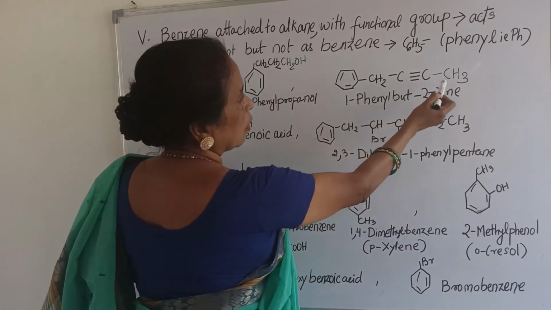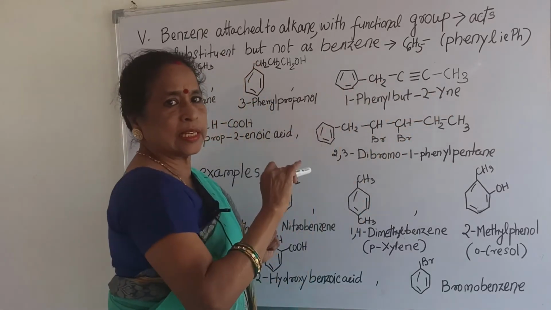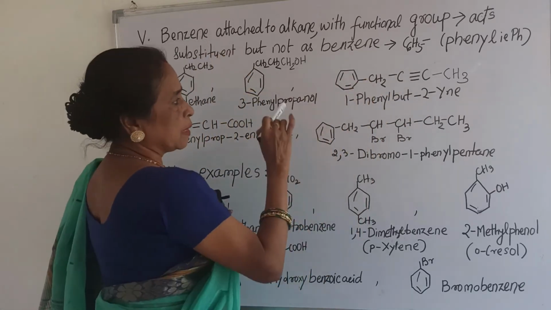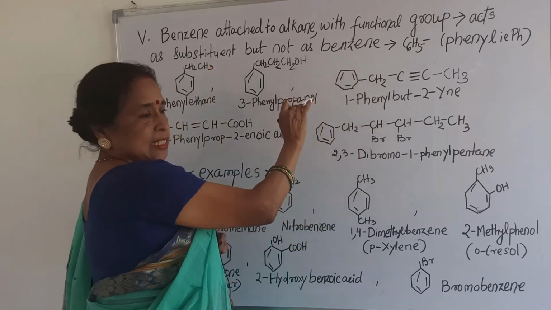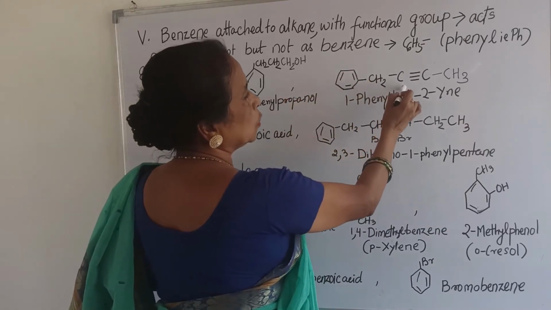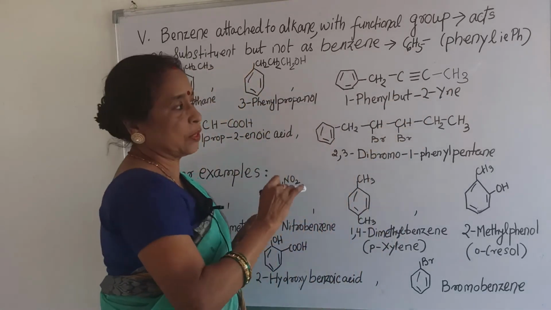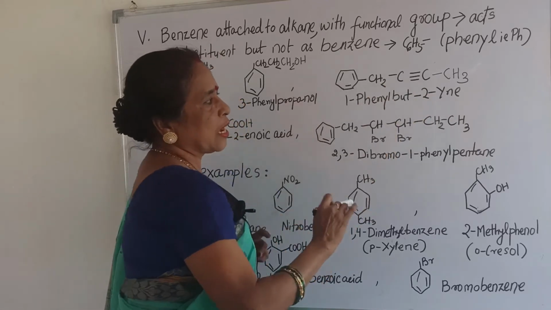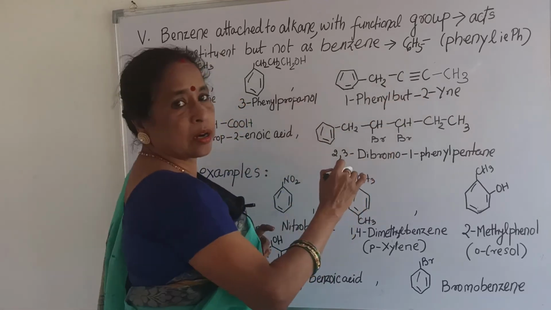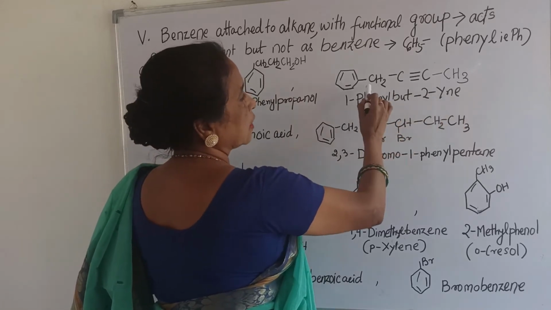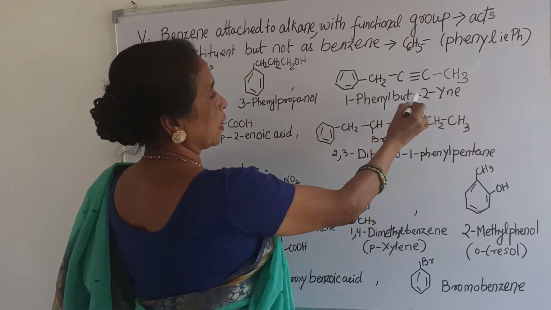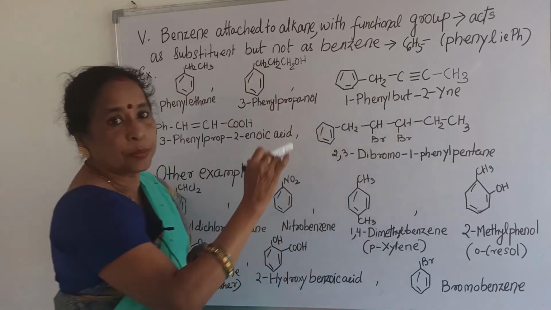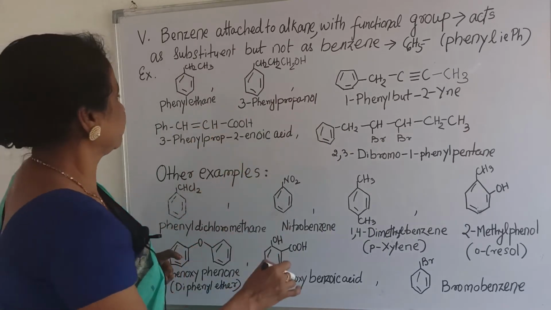And here you can say 1, 2, after 2 there is a triple bond, this side also after 2 there is a triple bond, but the question is here one phenyl group is attached this side, that is why this is 1, 2, 3, 4. That means but, and since it contains a triple bond, the position is 2, that is why after 2 carbon there is a triple bond. It is called 2-yne, and the structure is but-2-yne, and the phenyl group is attached in the 1 position, that is why 1-phenylbut-2-yne.